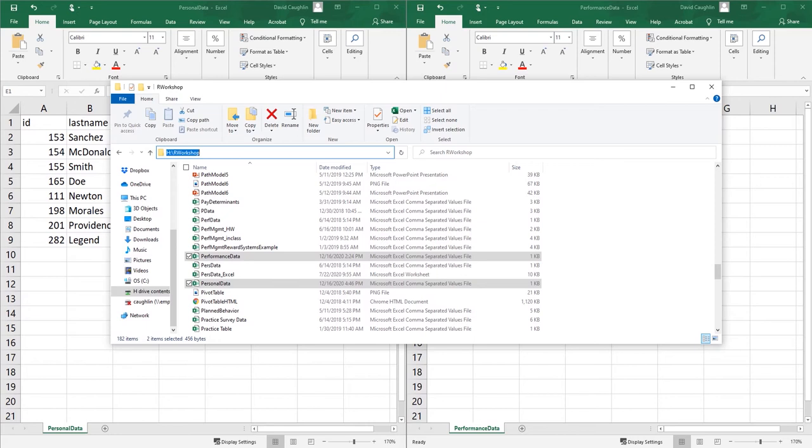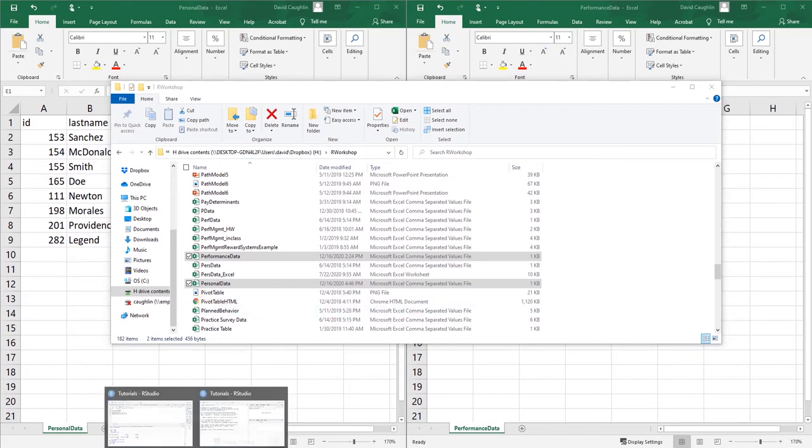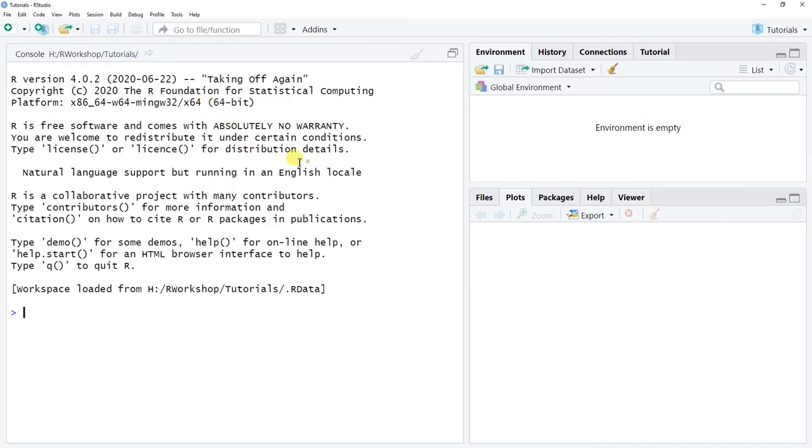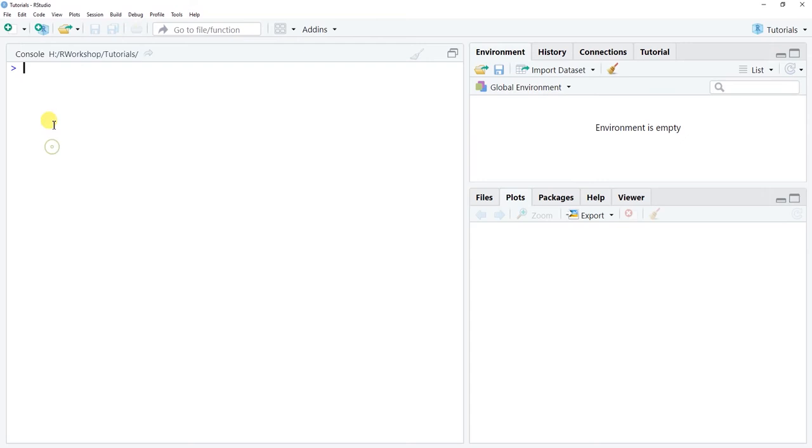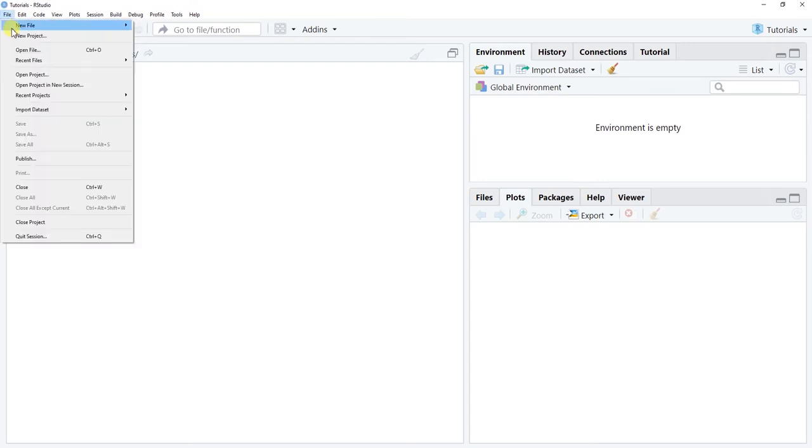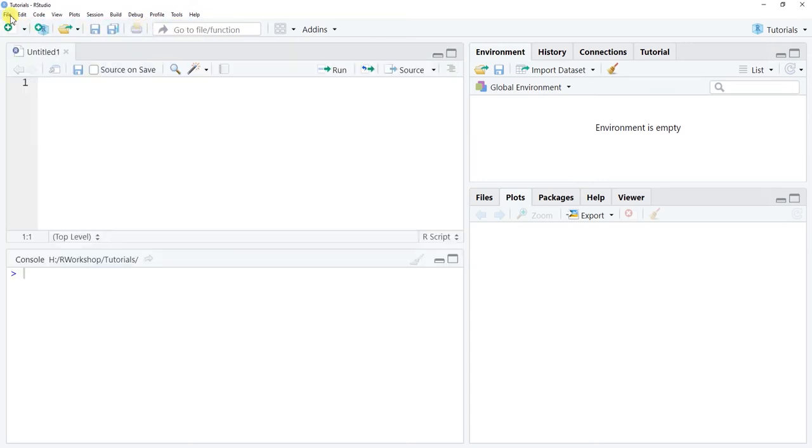So next, we will open up our RStudio session here. And as you can see, we have our console window. We can clear out the contents here if we'd like by going to Edit, Clear Console. Then the next thing we'll do is go to File, New File, RScript. So again, that's File, New File, RScript to open up an RScript editor window so that we can track our